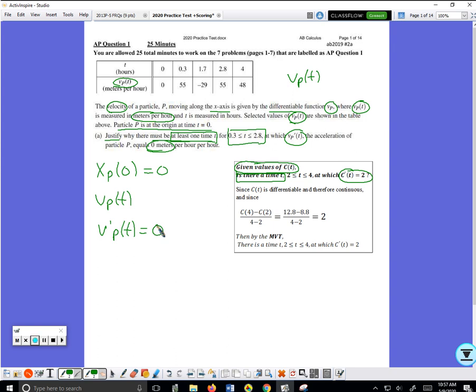I say, since v of t is, it says right here, v is differentiable. Since v of t is, oops, got to write that better, v of t. Back up a little bit. So since v of t is differentiable, and therefore continuous,